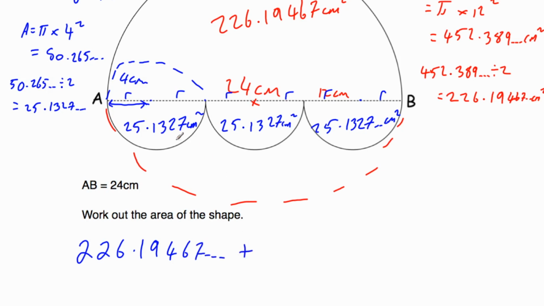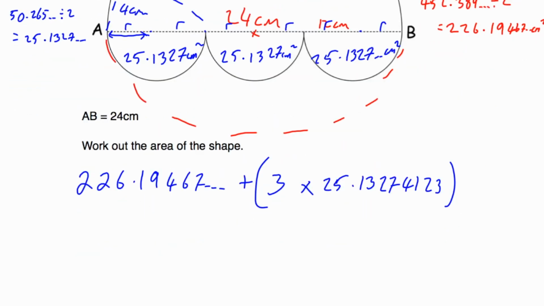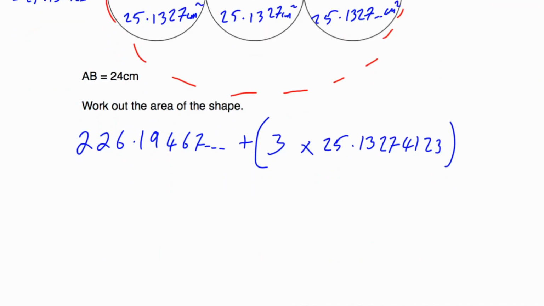226.1467 and so on. Now instead of writing out 25.132741 and so on out 3 times, I'm just going to say 3 lots of 25.13274123. So if I just multiply this area by 3 and then add that one, that will give me the total area. Multiplying that by 3 will be equal to 24 pi plus our 226.19 and so on, which gives us an answer of 96 pi or 301.59289 and so on centimeters squared. Let's round this to one decimal place, so it'll be